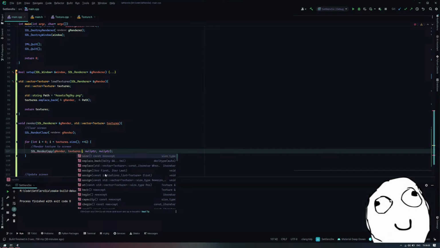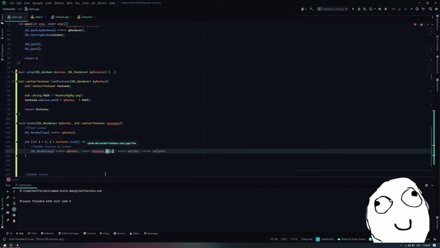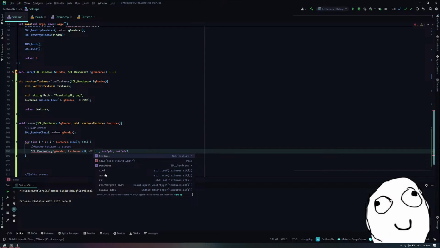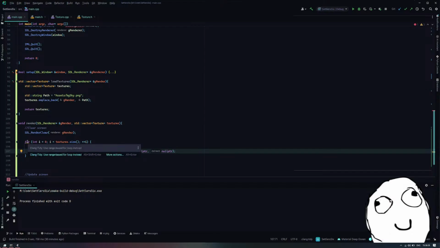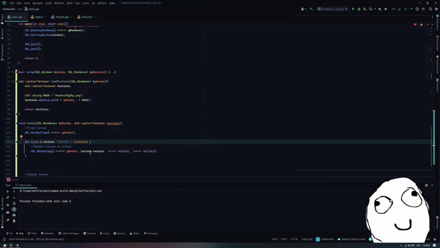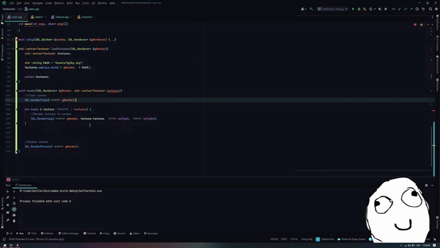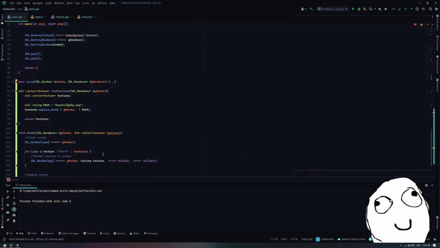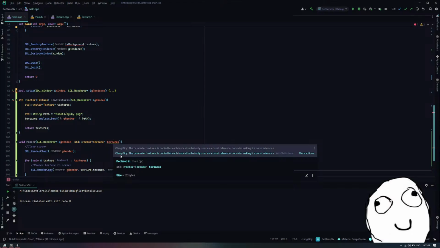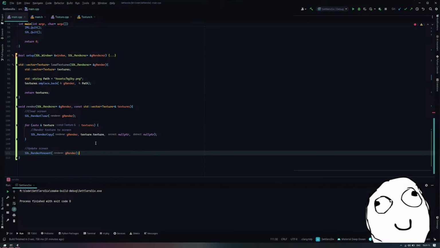Textures dot at i dot texture. Okay, and then update the screen. Okay, and then